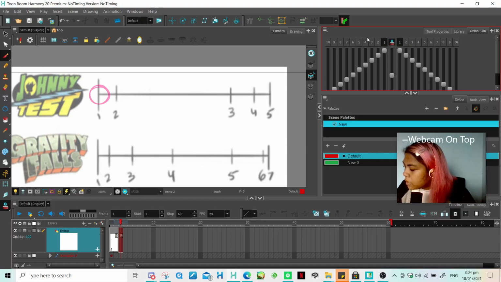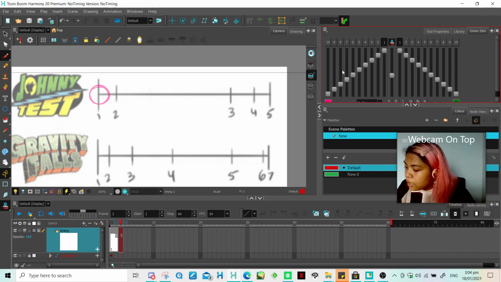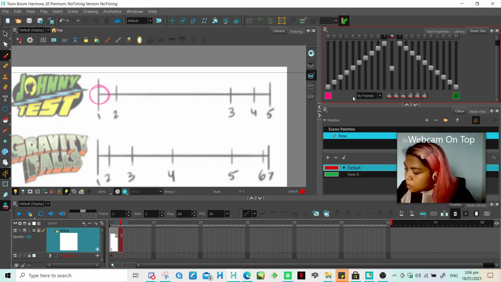So for example, I don't want to see this frame. I want to see frame 4, etc., etc. So I can choose what I see. I can choose which ones I see and how intense that I want to see it. But for now, I want to also change from by frames to by drawings. So this is important